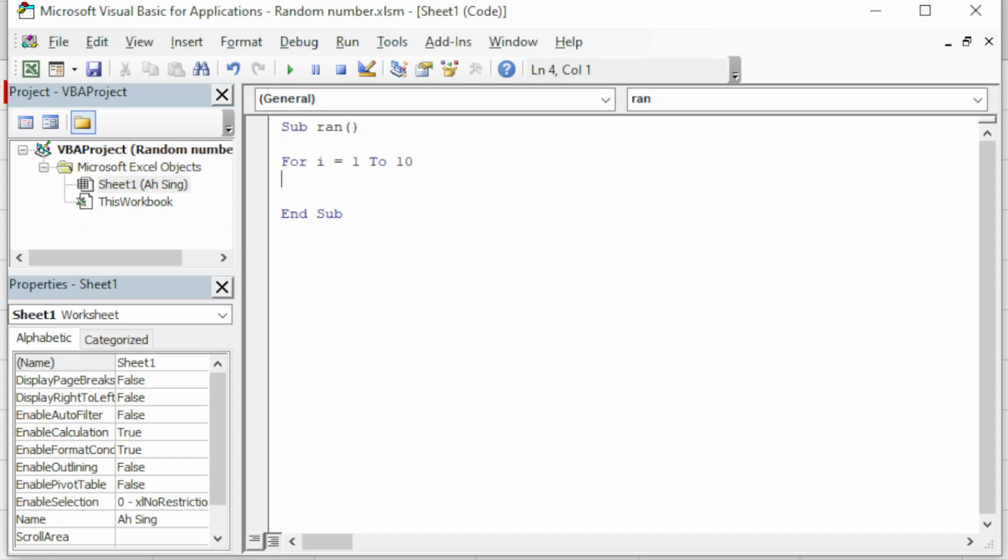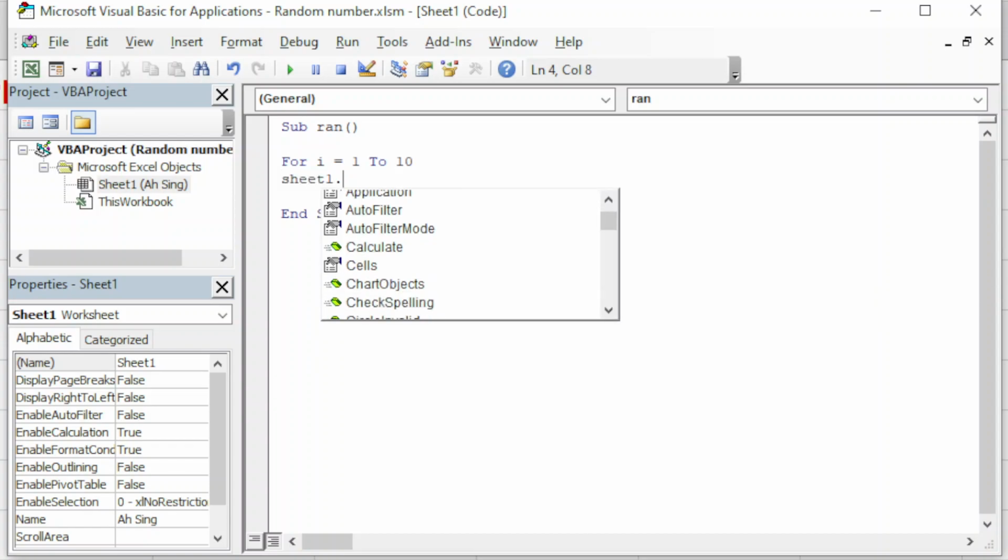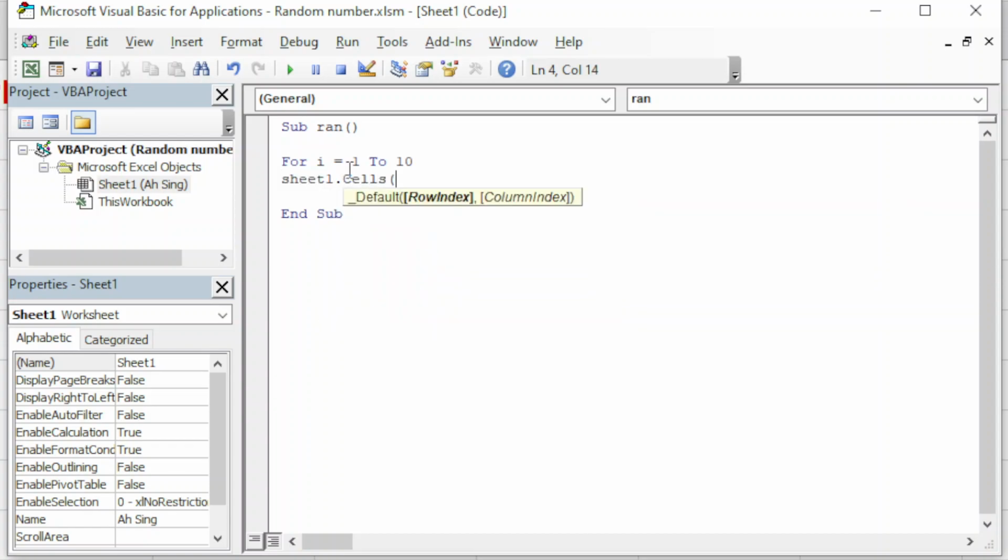Then we just have to print the random number to a particular sheet that we want, on the particular cell. So the row is not fixed, it should run according to i, and then the first column is equal to, we use the random number generator in VBA, so Rnd times